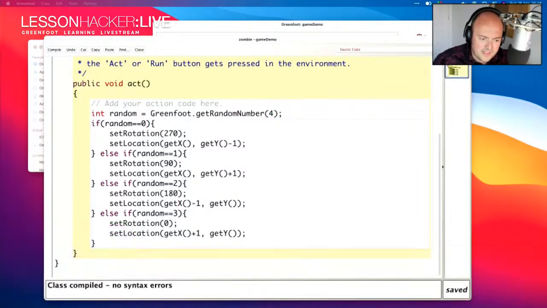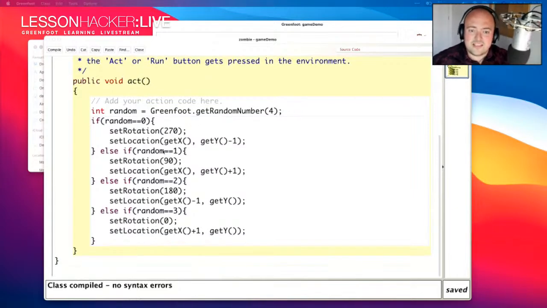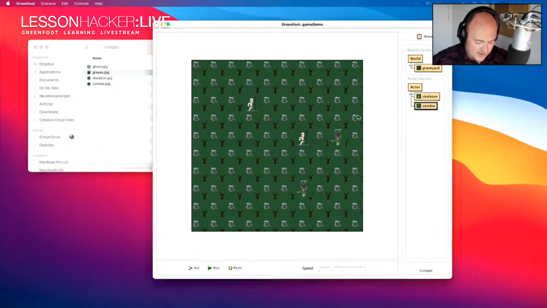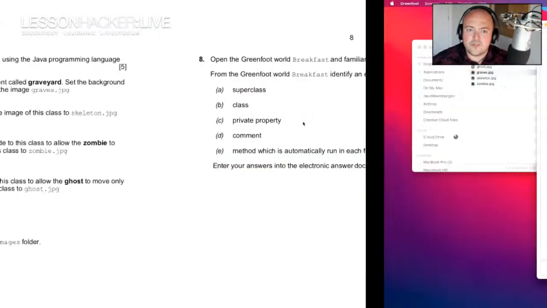But if you're thinking, hold on, we've been going for like 20 minutes, we've done 2 questions, that is true, but you'll find the rest of them become a little bit easier as you go. Because now we've got this, we can pretty much copy and paste a chunk of this for the next one. Now with that done, I'm just going to save just to make sure I've got that code, because I've done